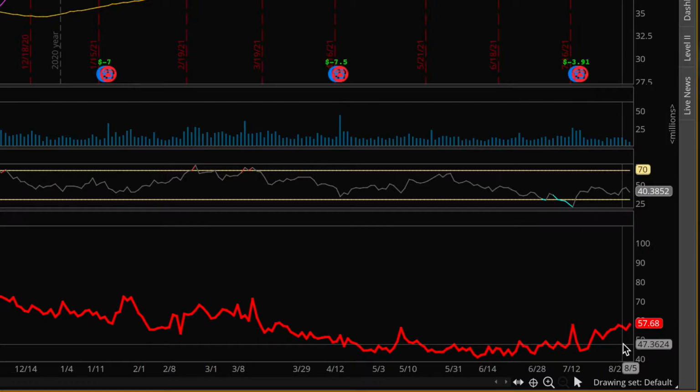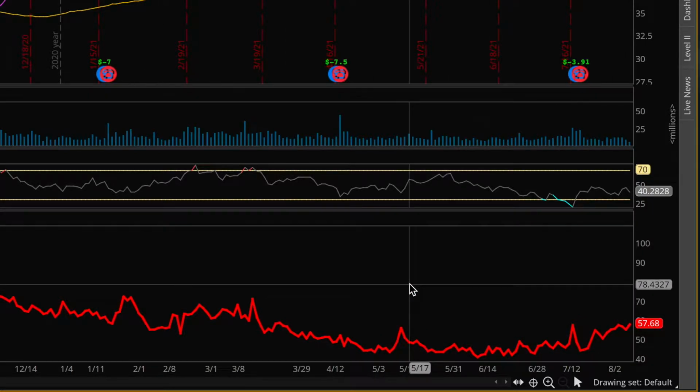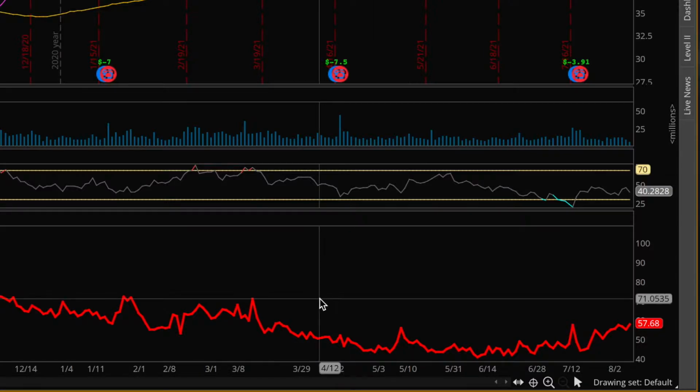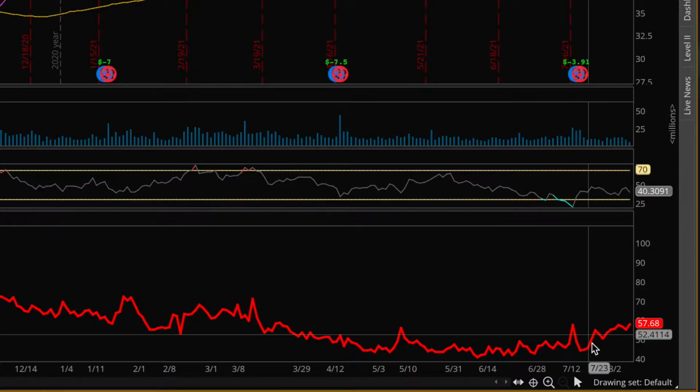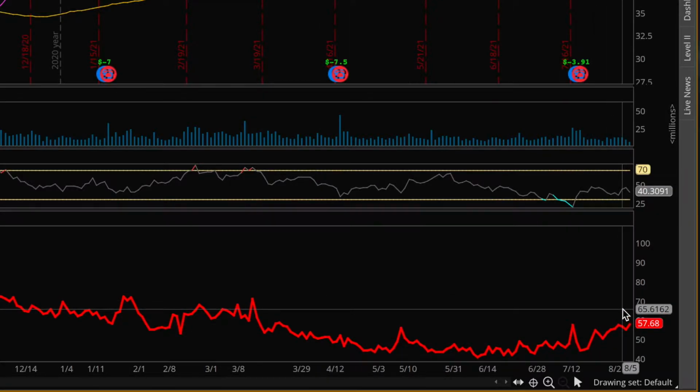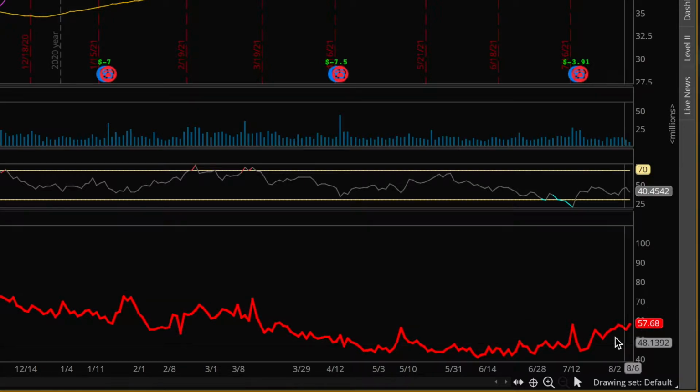So in case you don't know, this is the chart that shows you the implied volatility for UAL over the past 1 year. And spikes of implied volatility like this is what I look for, because this translates to a spike in option prices. And therefore, as an option seller, that's going to be advantageous for me to step in and start selling these